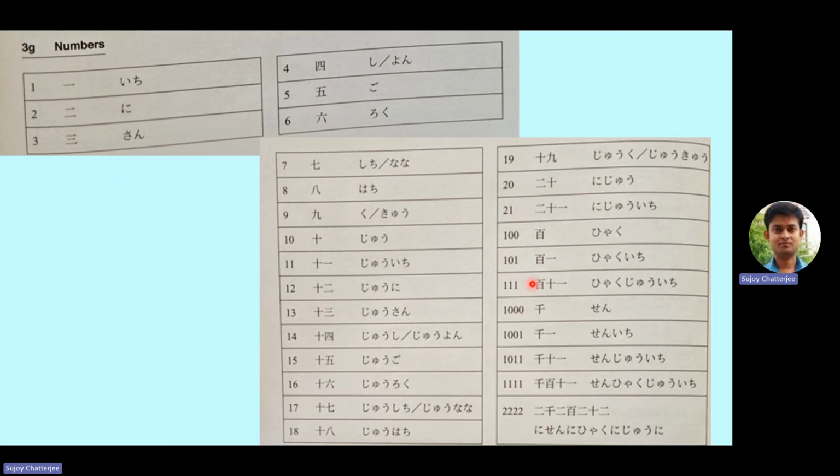That means again we are in need of a new symbol to represent 1000, because we do not write 100 followed by 10. For this we have a new symbol which is sen. See, 1000 is this symbol which is sen. So we could have written hyaku followed by